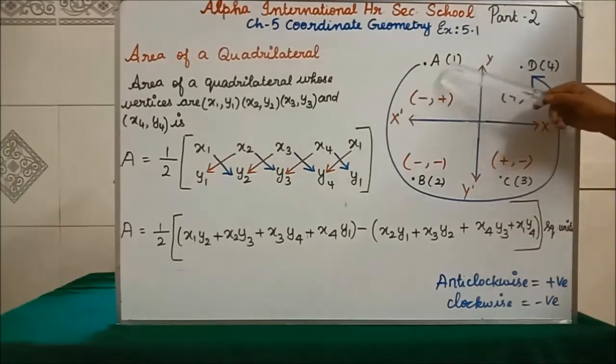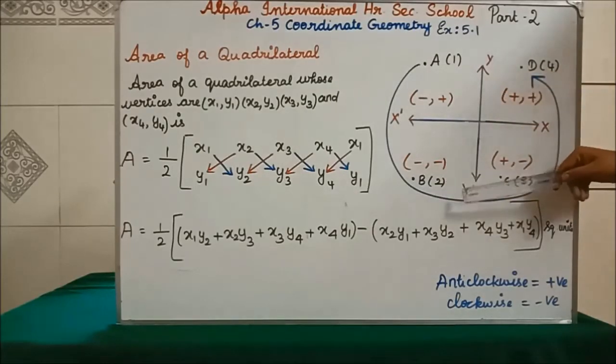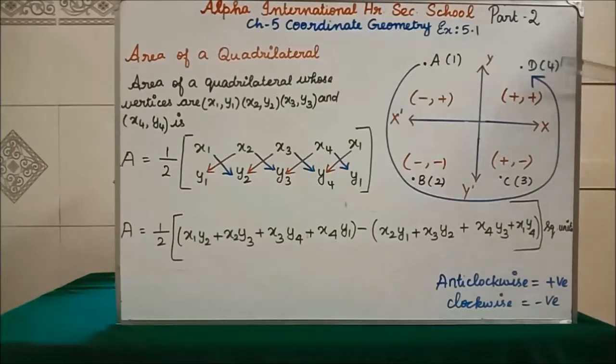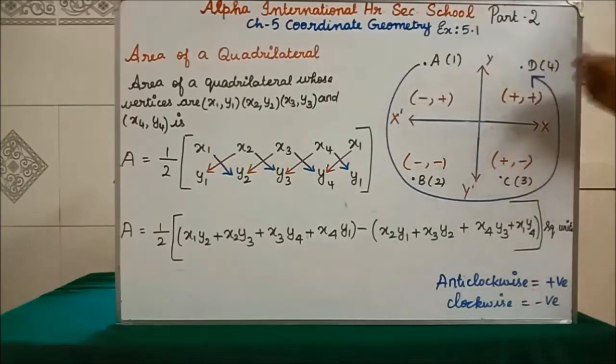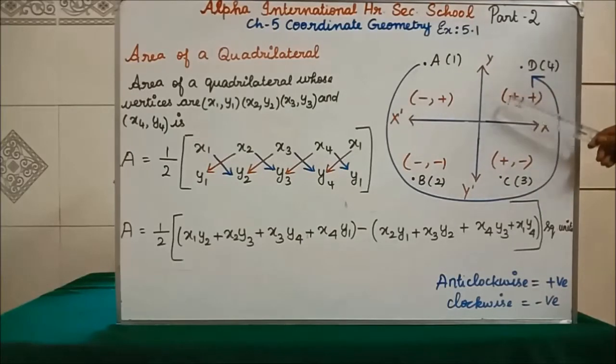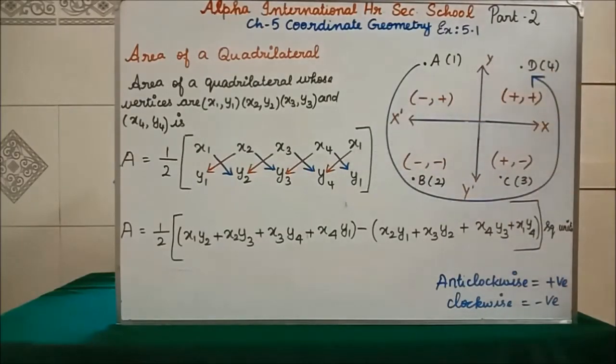See how I have taken. This is our point A, which is 1. After this you come to point B, which is 2. Then point C is our 3rd. Then the 4th point is D. So in this anti-clockwise direction only you are going to come. After getting the points, first you plot the points in the graph. Afterwards you draw in the anti-clockwise direction. According to that only you have to write this column. Clear all of you? Now we will start the 5th question. You will be very clear now.